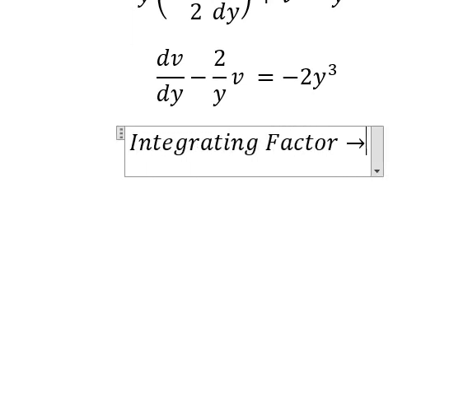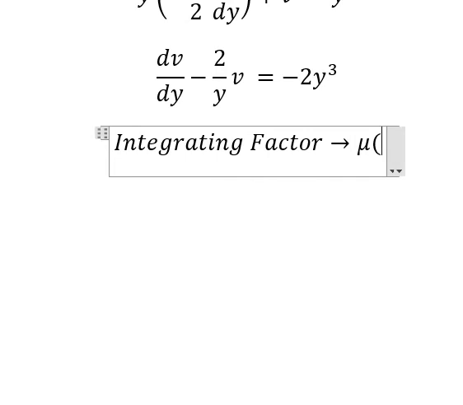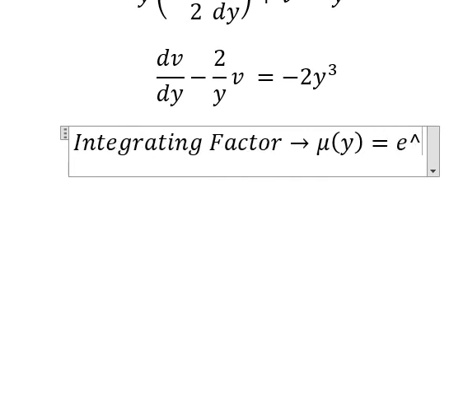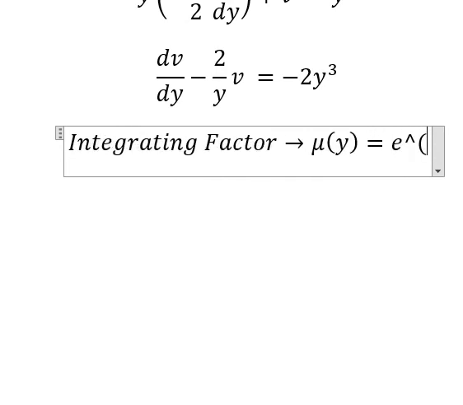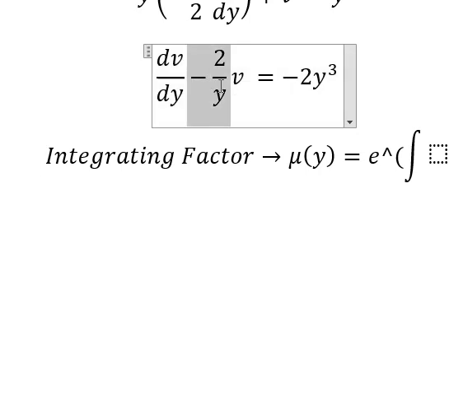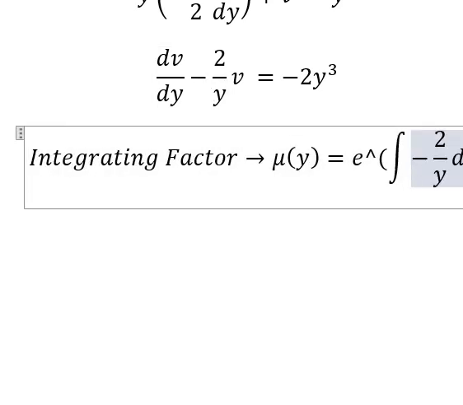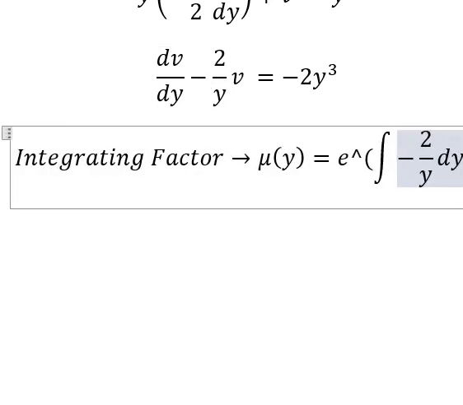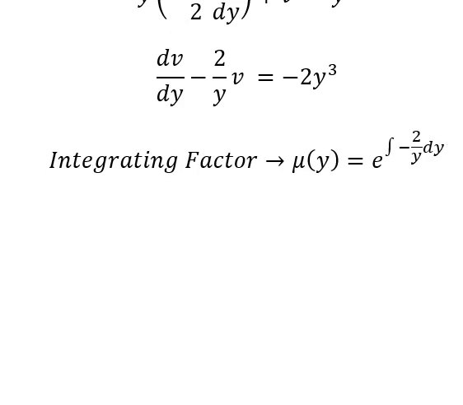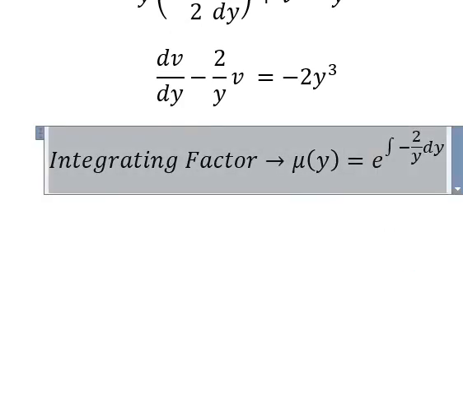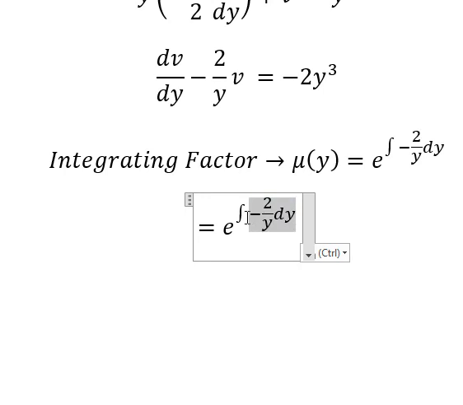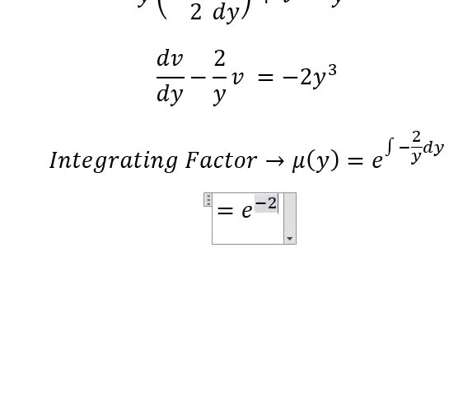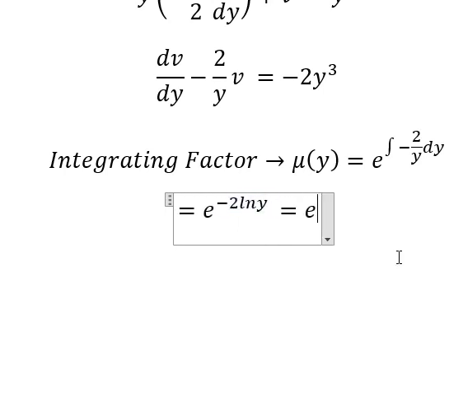So we need to find mu of y equals to e to the power of the integration. We can see that negative number 2 over y next to v is the integrating factor. So the integration of this one, we have negative number 2 ln y, and later that negative number 2 goes